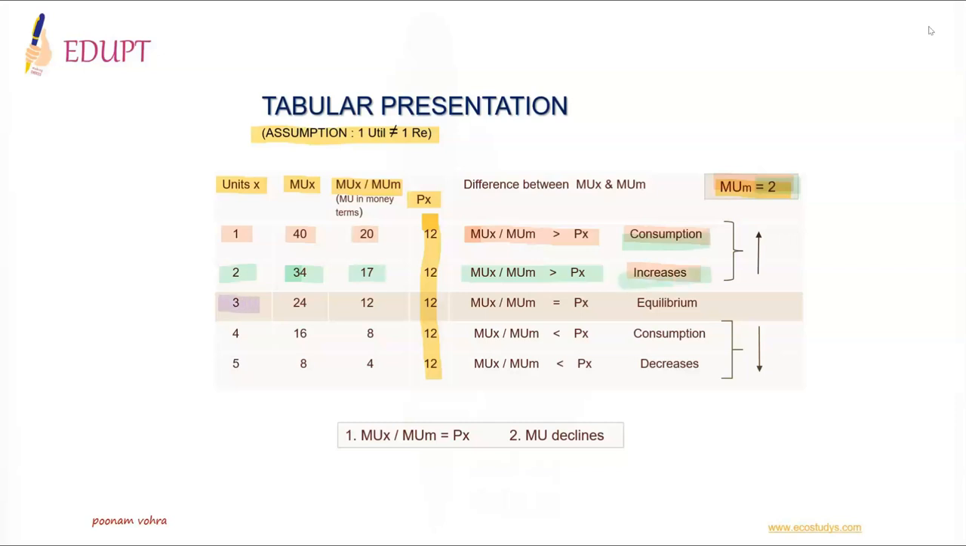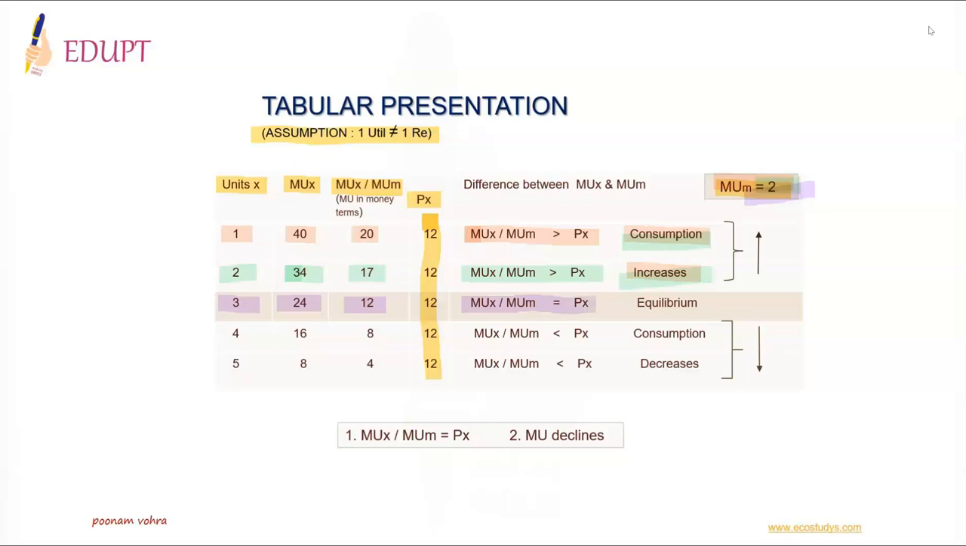Now 3 units are consumed. Marginal utility further declines to 24. In money terms, it is 12. By comparing it with price, the consumer finds himself to be in equilibrium because marginal utility is now equal to